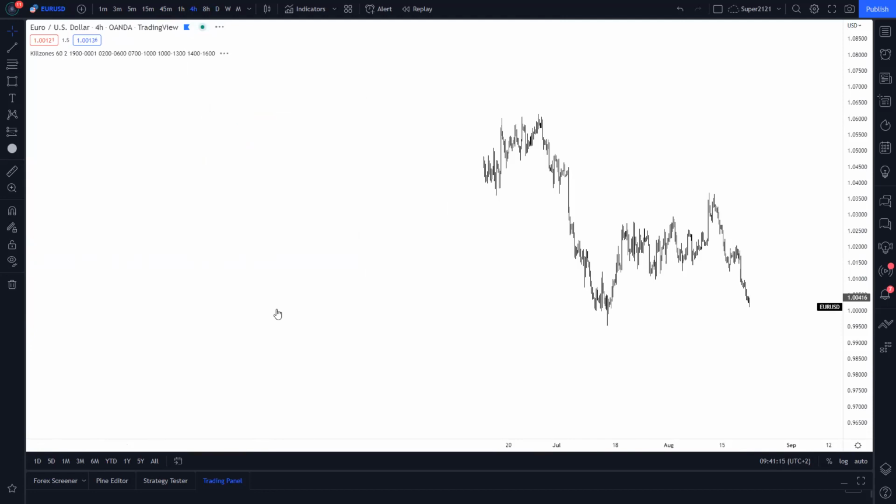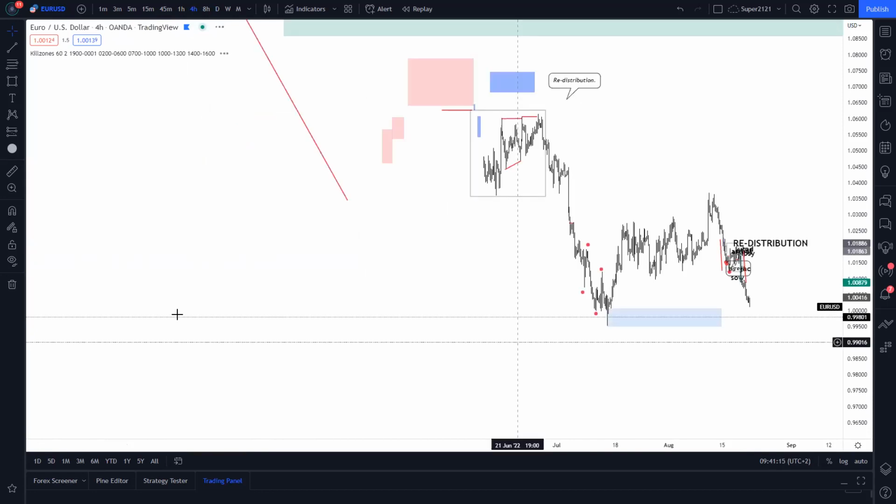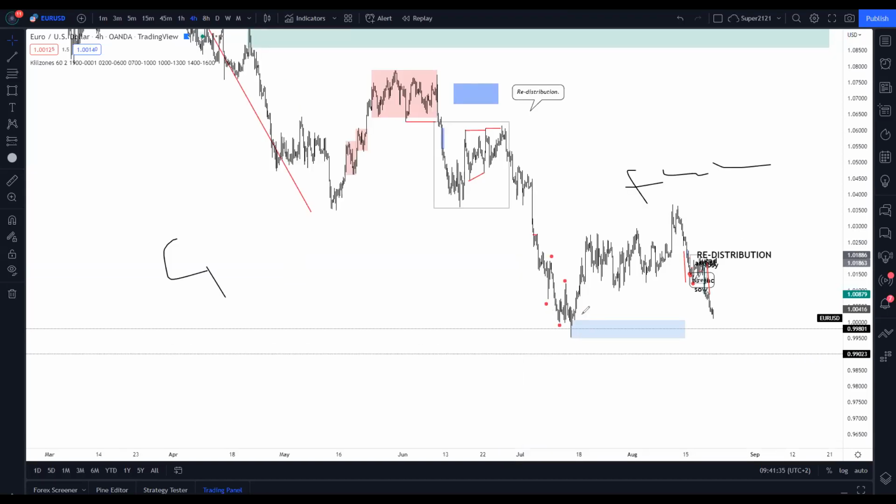Okay. So another tip that I'm going to give you is that obviously this is Euro USD, and then we're going to have Pound USD. Between those two charts, they will look a bit similar. But what we're going to get from this chart is that